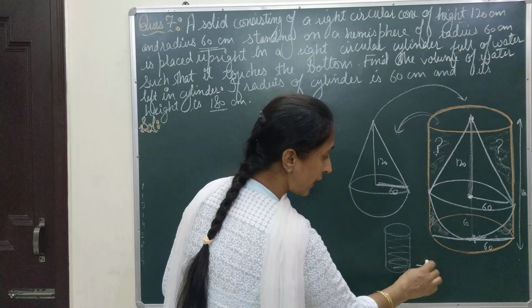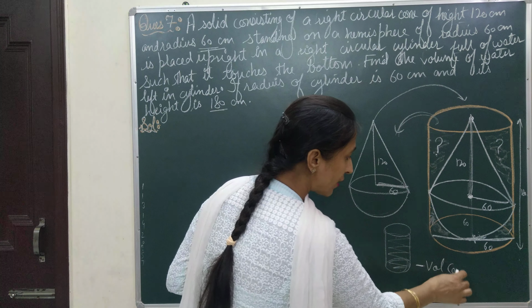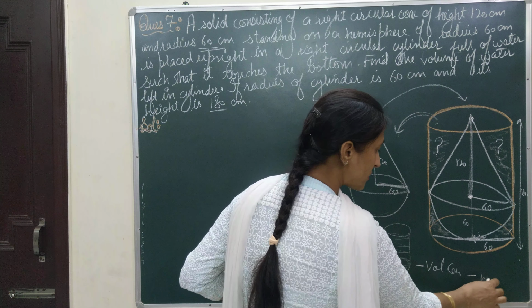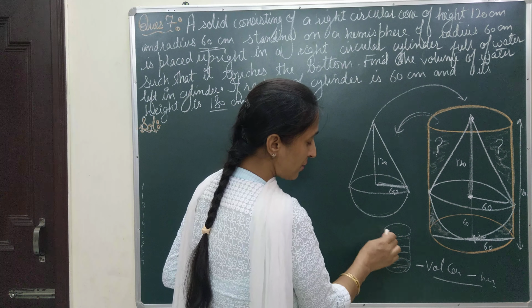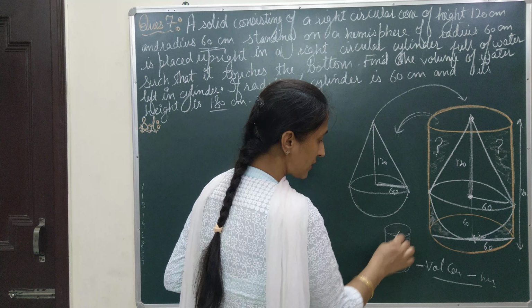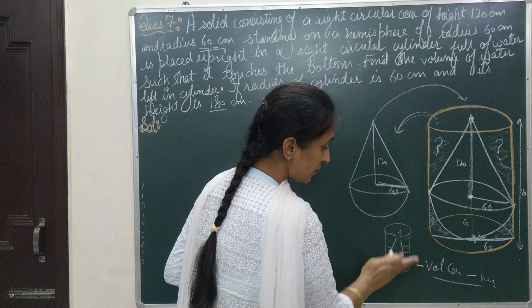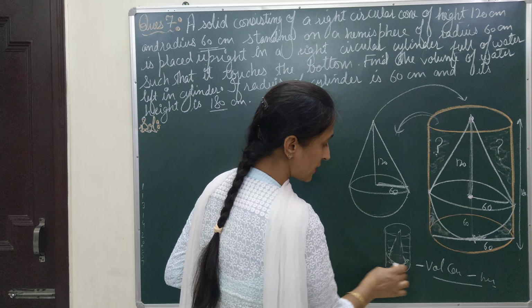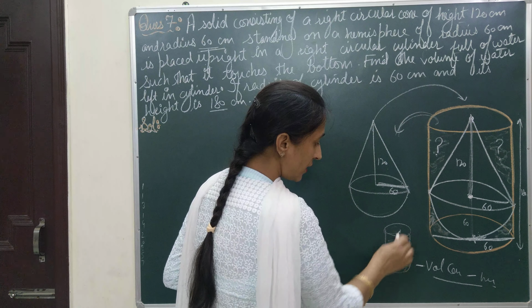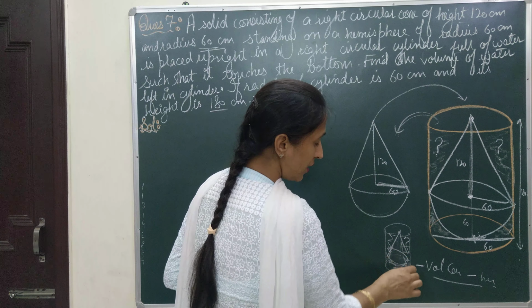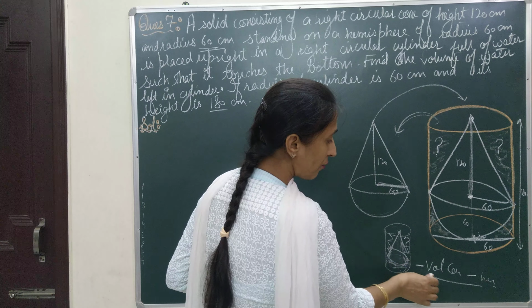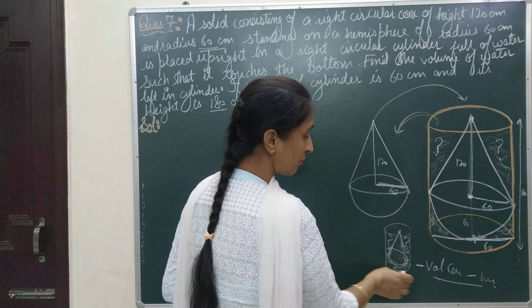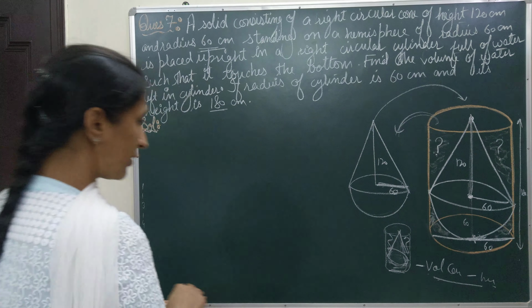When I subtract the volume of the cone as well as the volume of this hemisphere, then I will come to know how much water is remaining. See, when I have kept two things here, these two things have taken some space there. So only here the water is remaining, and for that I will be subtracting the volume of the cone and hemisphere from the volume of the cylinder. Let us start the question.